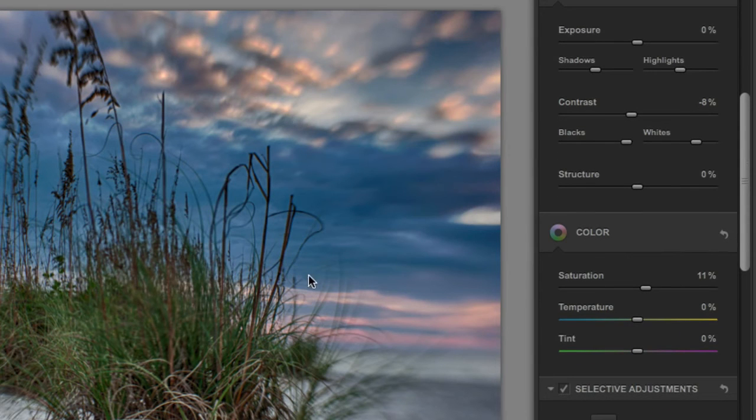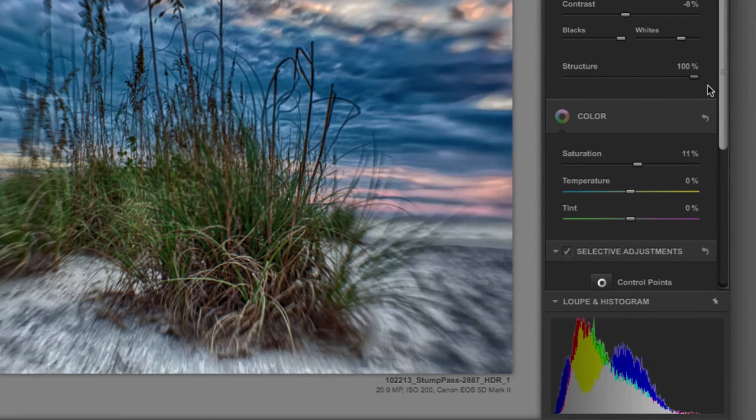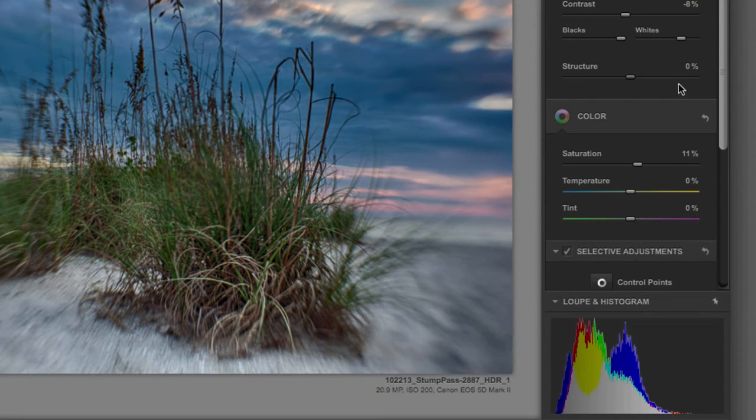Now, structure. Structure is a cool thing. Structure is like clarity in Lightroom. It takes the edges and it makes them pop. I'm going to increase the structure just a little bit. If I do that overall, it gets a little bit too much grunge into it. So I'm going to double click and go back to 0 and show you one of the cool things about